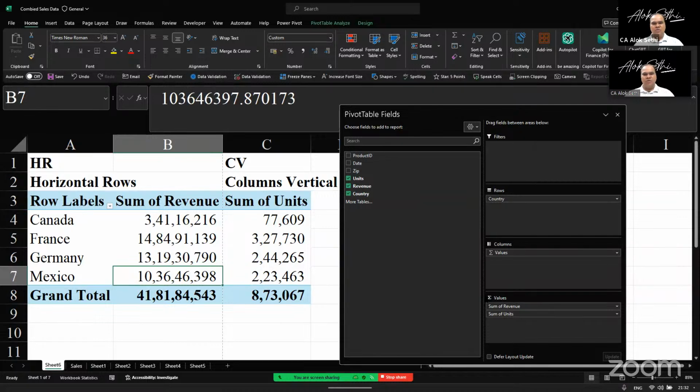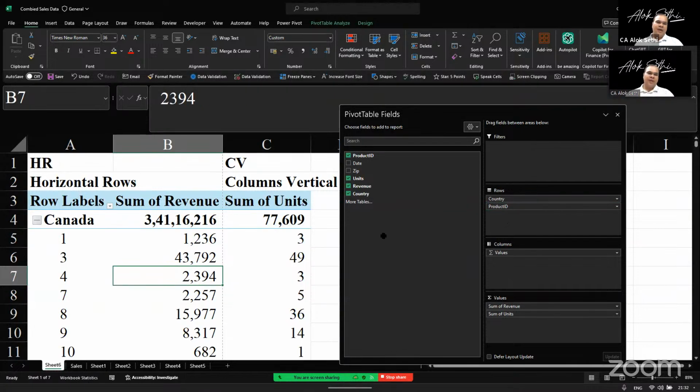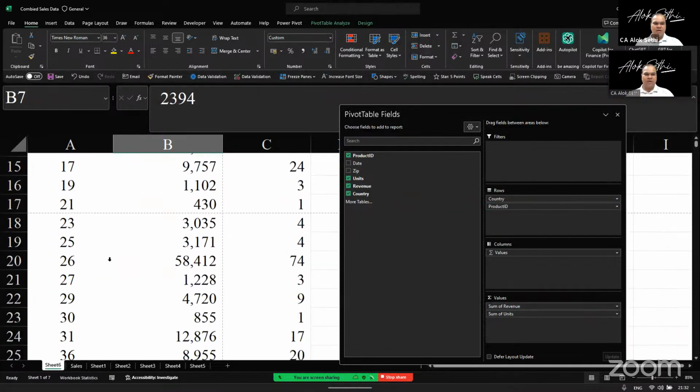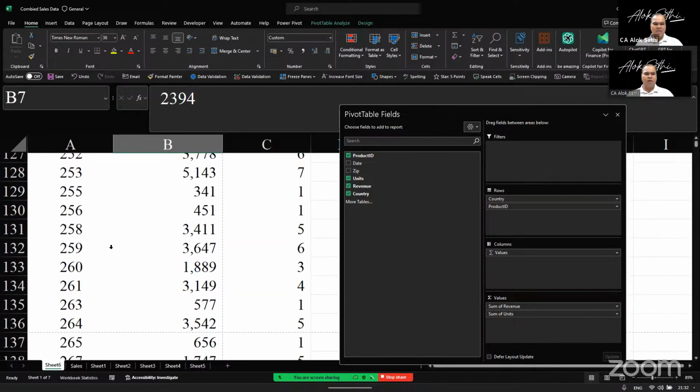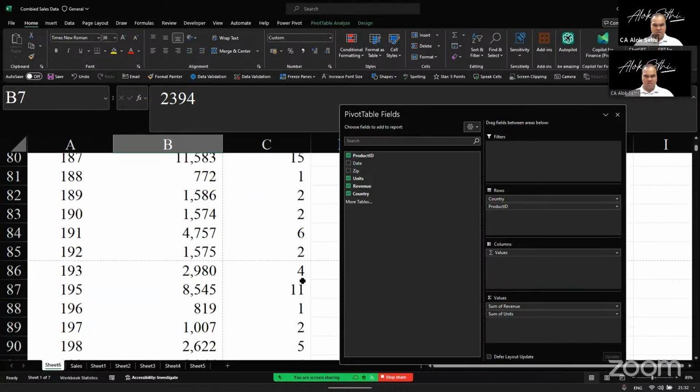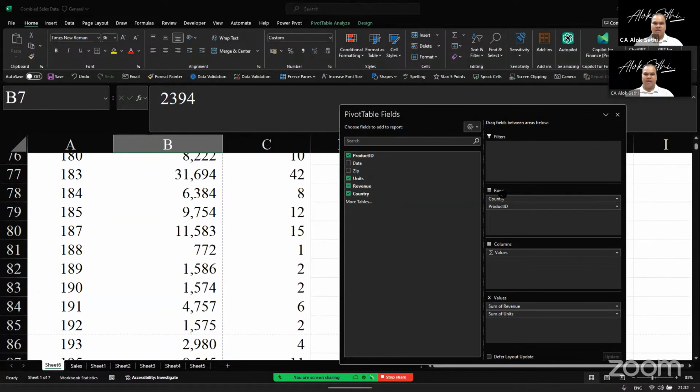Now suppose you want to see the product wise sales. So what we can do is we can put the product ID into what? Rows below the country. अगर आप कंट्री के नीचे प्रोडक्ट आईडी रखते हैं तो क्या होगा, हर एक कंट्री में प्रोडक्ट कितना क्वांटिटी और वैल्यू में बिका है ये दिखाई देगा, बट इट्स अ लॉन्ग लिस्ट, इट्स अ लॉन्ग लिस्ट।